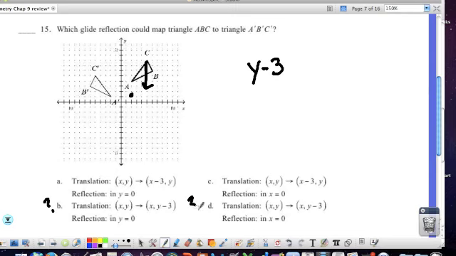Why can it not be A or C? Yeah. You're moving the x to the left. Right, here you'd be moving the x to the left, and that's not what we want to do. Now, the part that's a little tricky is you wanted to say it's a reflection in the y-axis, but they don't have that choice. But anywhere on the y-axis, x is equal to 0, correct? The way to write y-axis as an algebra equation